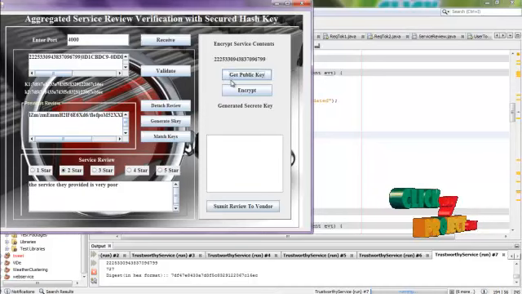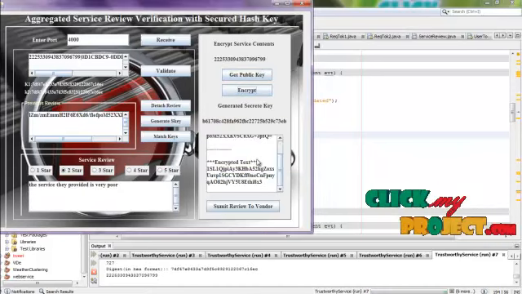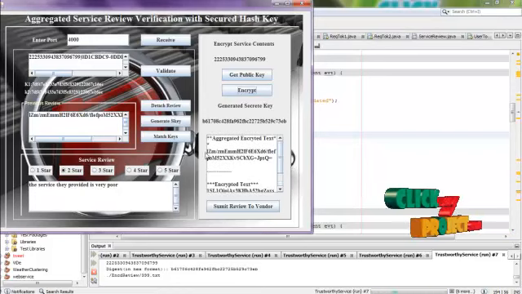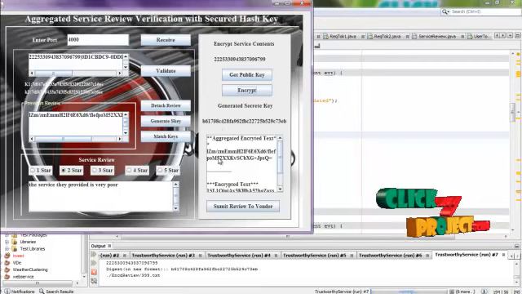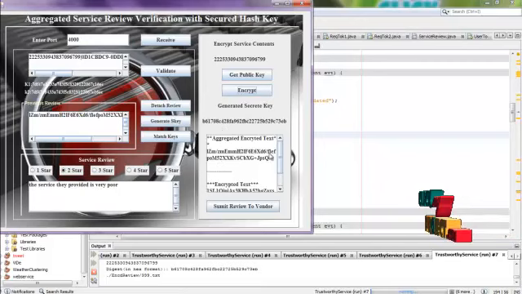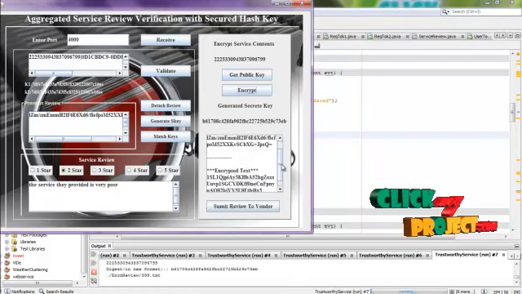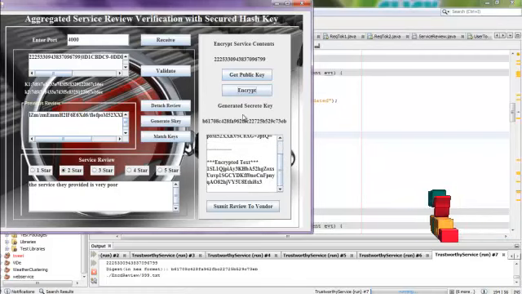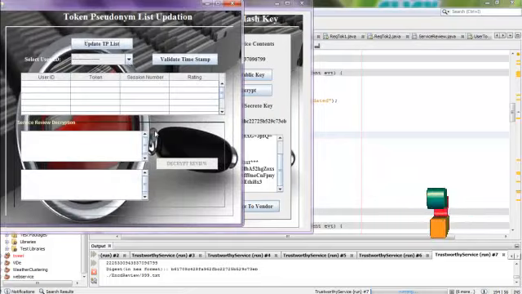And just get the public key and encrypt the second user's review, and here we have obtained the hash key, that is the secret key of this corresponding second user's review, along with the aggregated encrypted text of the first user, and this is the encrypted text of the second user. So these reviews can get submitted to the vendors.